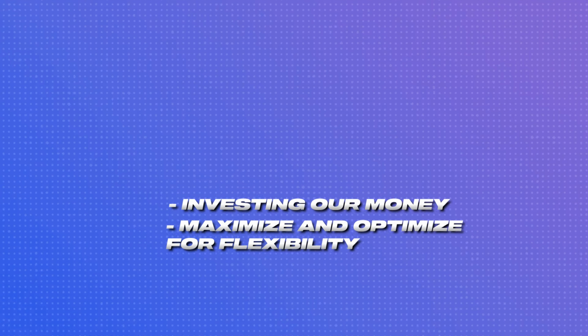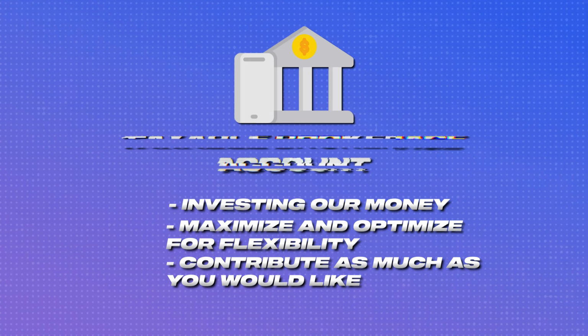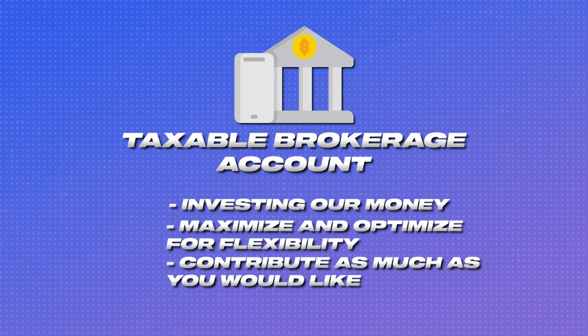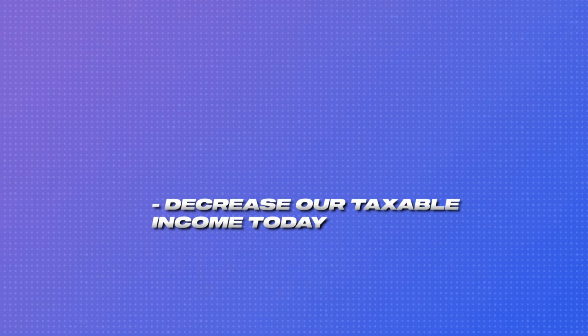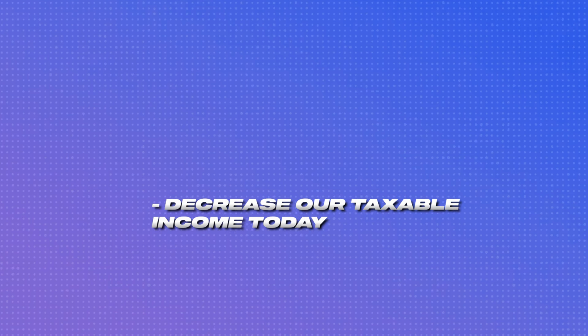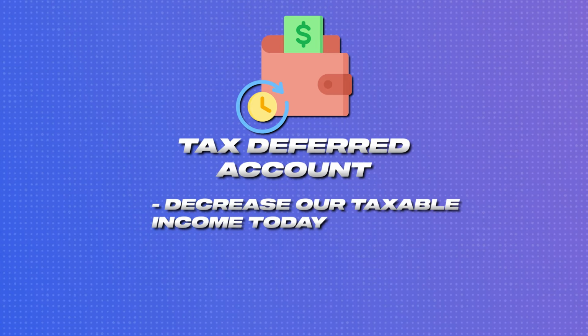So when we're thinking about investing our money, if we want to optimize for flexibility and being able to contribute as much as we want, then a taxable brokerage account is probably going to be something that we want to include in our strategy. However, if we have the desire to decrease our taxable income today, then the next bucket of accounts are going to be our tax deferred accounts. These are accounts where the money goes in on a tax deferred basis. It decreases your taxable income today, but when you need to distribute the money at retirement,